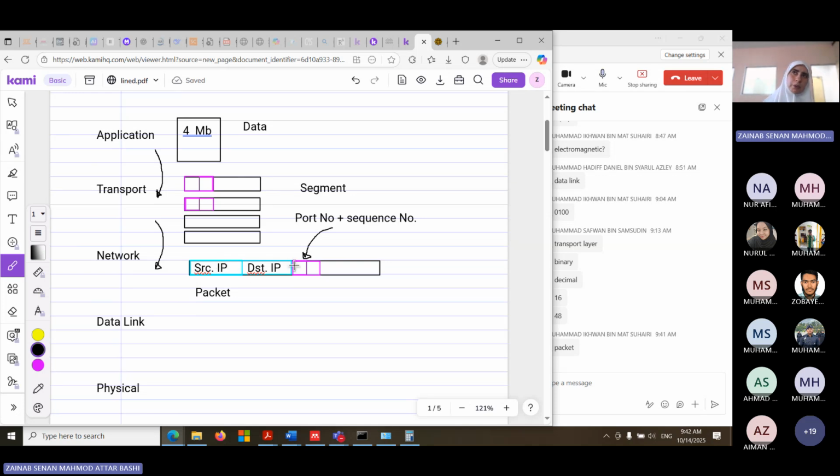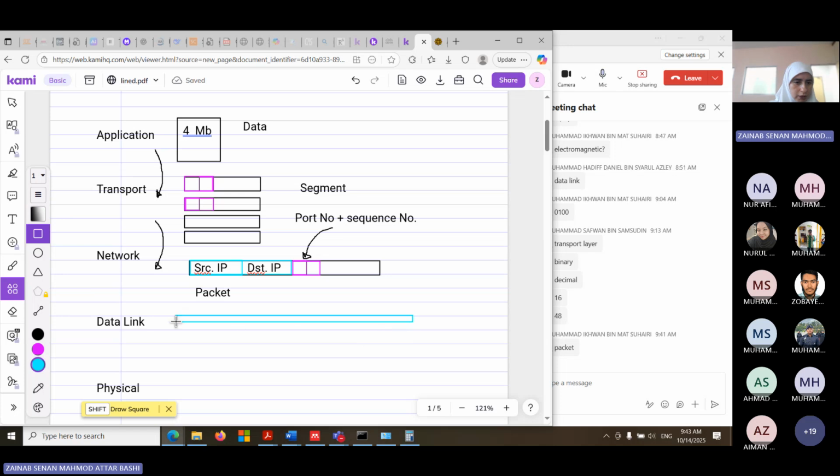Simply, I'm going from Gombak to KLCC. That's the final destination. Which way I will use doesn't matter. Which medium I will use doesn't matter. Am I going by helicopter, by motorbike, walking? That's not our story. At the network layer, I'm going from IIUM to KLCC. That's all that matters at the network layer. As we go down to the next layer, which is the data link layer, the story will be a little bit different. What do we call the piece of data here? What's the data unit here?